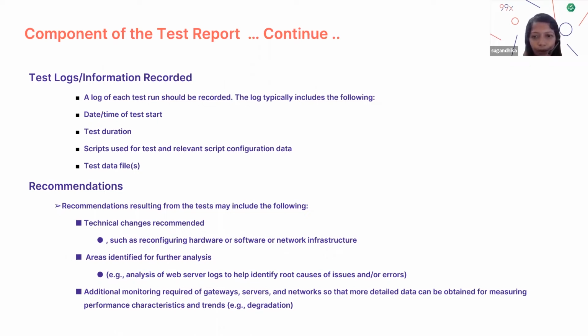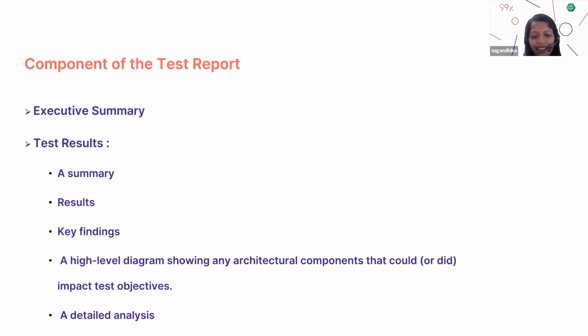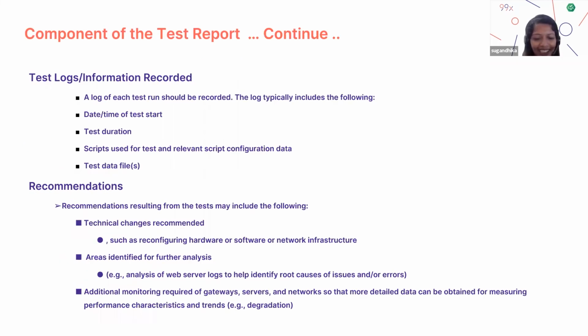So after you collect all this information in this format, you can write the executive summary. Here you can directly say, let's say, response time is not at an acceptable level, you need to fix it. The CPU is not enough, you need to fix it. Likewise, something the performance tester can recommend directly can be included in the executive summary. So this is the typical format we use to report our performance test results.